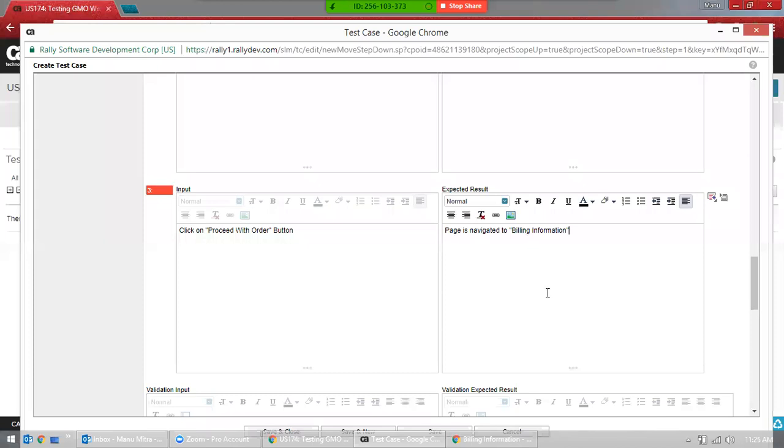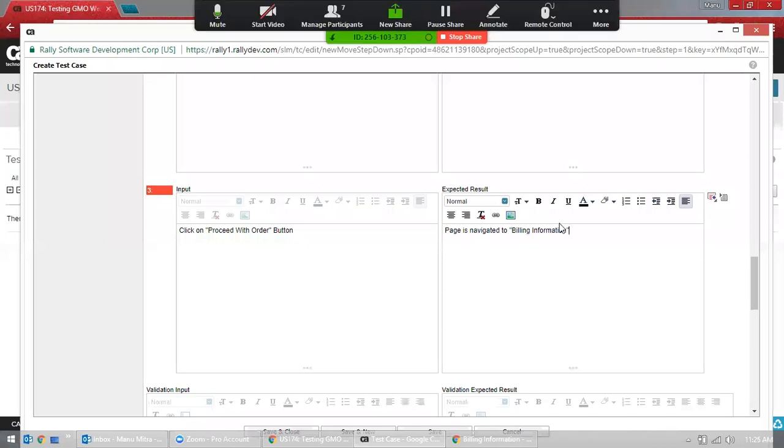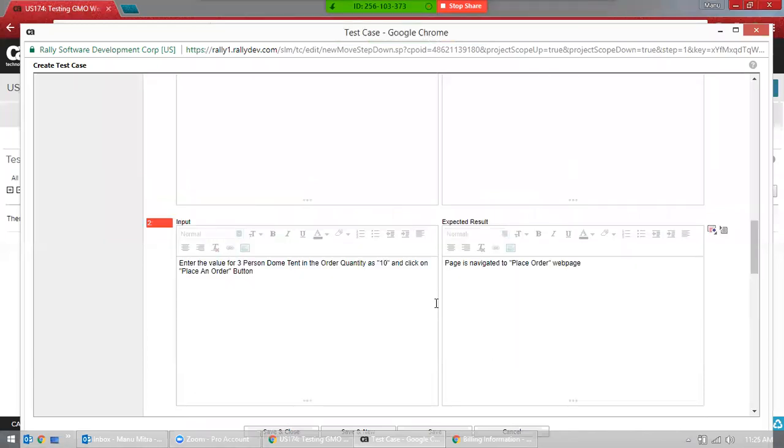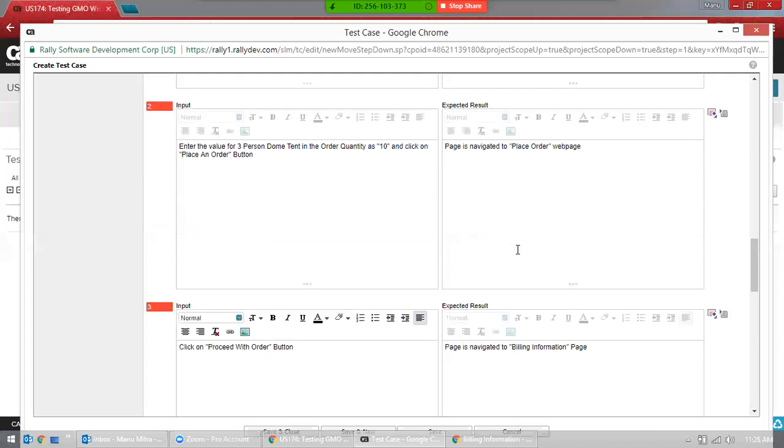Now I want to write two more steps. I'm not going back here again because this will be too much work. Now I'm clicking this and it gets added as the second step, because of some bug in Rally, we don't know. It's kind of a bug, right? I don't want this as the second step. Again, if I click that, it comes as the second step.